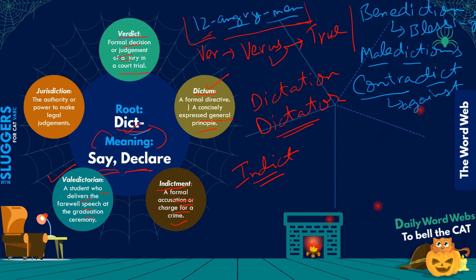For example, valedictory remarks, or a valedictory speech, can also be a speech that a person gives during their farewell, right? So Roger at his farewell party decided to say a few valedictory words about his colleagues, है ना? तो valedictory words का मतलब जाते समय वो छोड़ के जा रहे हैं, उस समय वो अगर कोई चीज बता रहे हैं, so that is valedictory. Those will be their valedictory words. So yeah, that's about valedictorian and valedictory.